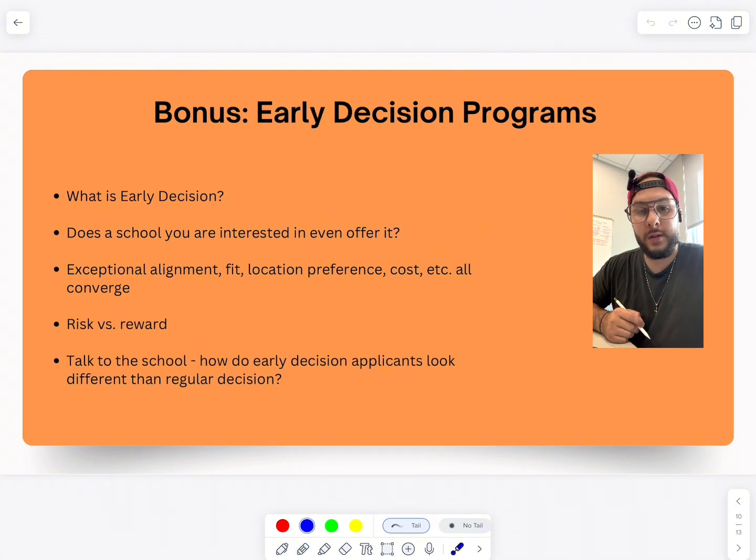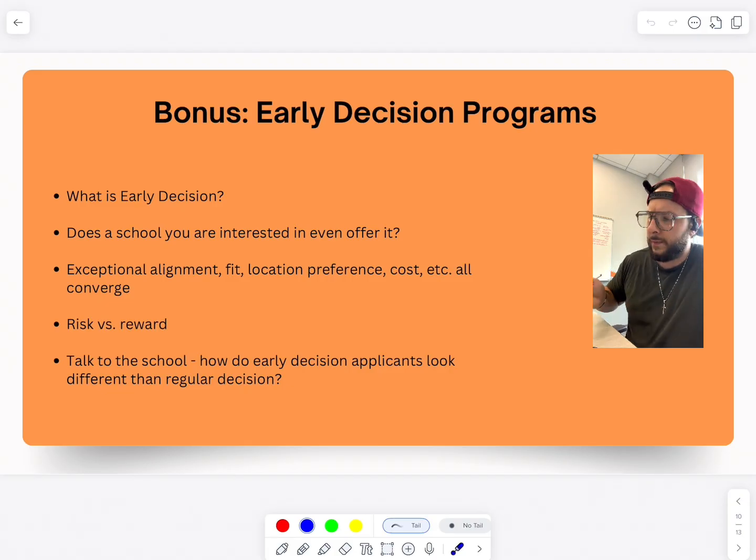Do I encourage this? I cannot say. I do not discourage this, and I do not encourage this. I tell people to look into your heart and to figure out what it is that you care about. And if you do identify a school that is so well aligned with what you are looking for, if everything makes sense, if you have a connection with the school, if the location is right, if the cost is right, if the mission is right, if you're aligned with their objectives and everything is just perfect, perhaps you do want to consider applying early decision.